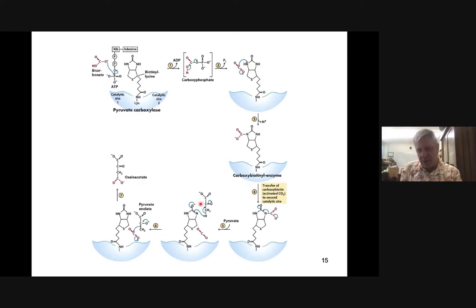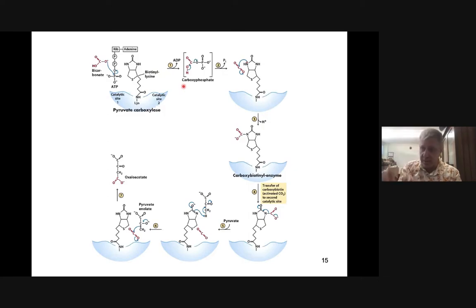We reestablish interaction with this moiety and allow the carbon dioxide that we had previously released to come back and react with the pyruvate molecule, this pyruvate enolate form, and allow us to consume the carbon dioxide to produce our friend the oxaloacetate. In the same process, we are regenerating the biotin side chain moiety in the enzyme cleft of the pyruvate carboxylase. So we're ready to go through the whole system again if we have the ATP and bicarbonate